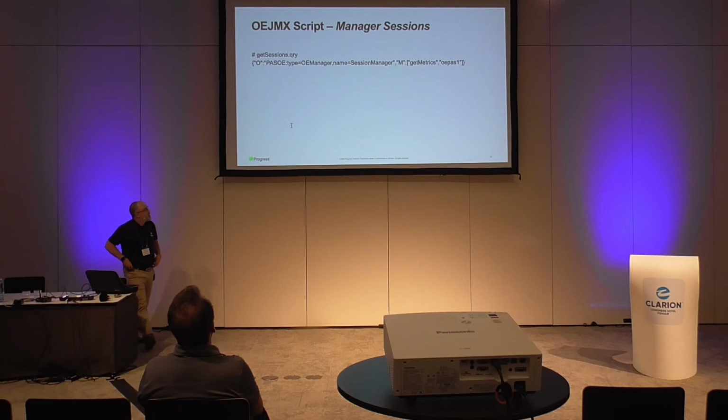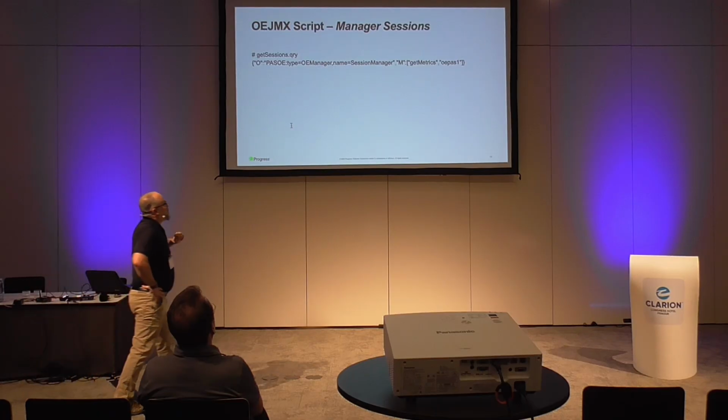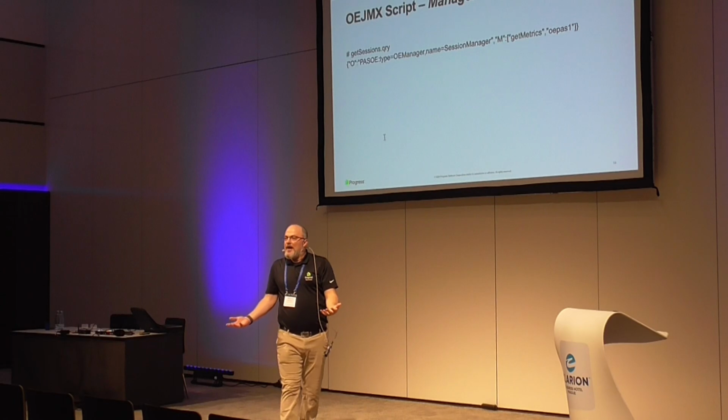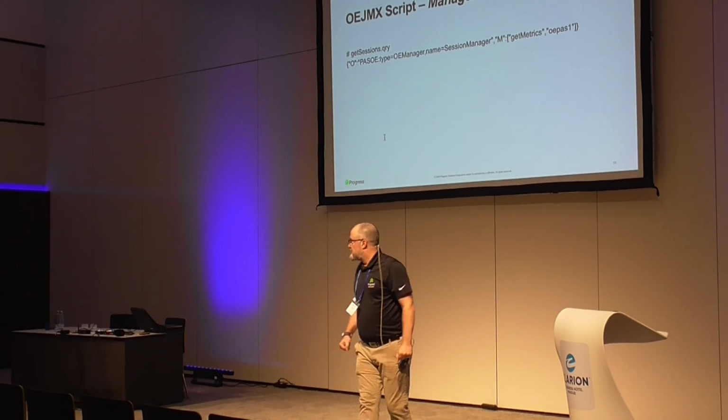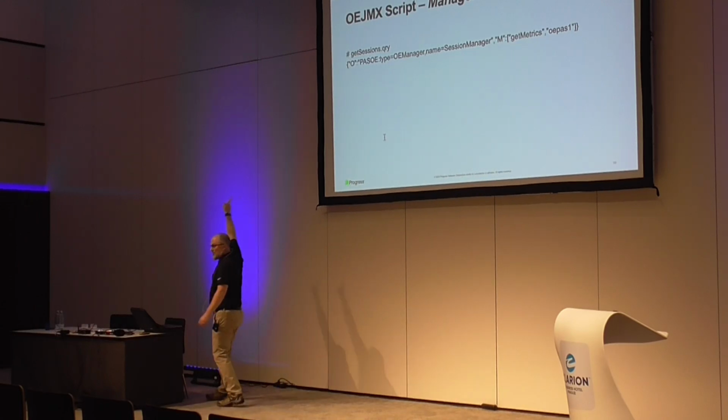Okay, here we go. So this is an example of asking PAS JMX, let's see this one doing. The application called OE PAS1, give me those metrics. How many requests has it gotten? How many errors has it seen? And so if I put this into a file, notice the .qry,